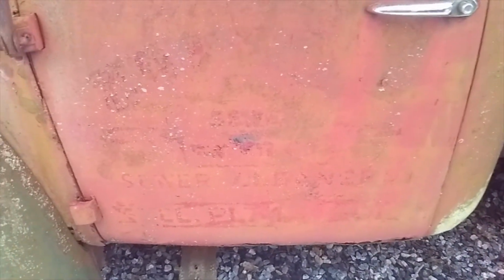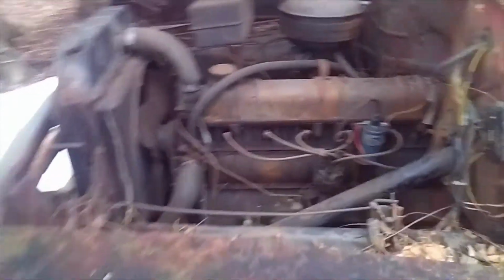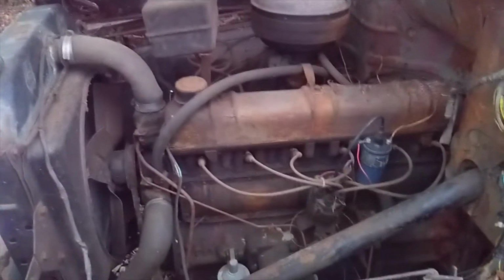Oh man, if you ever feel like wet sanding on the door, one day when it warms up, I'd be very curious to see if we could find that. I work in Bethlehem. This is...